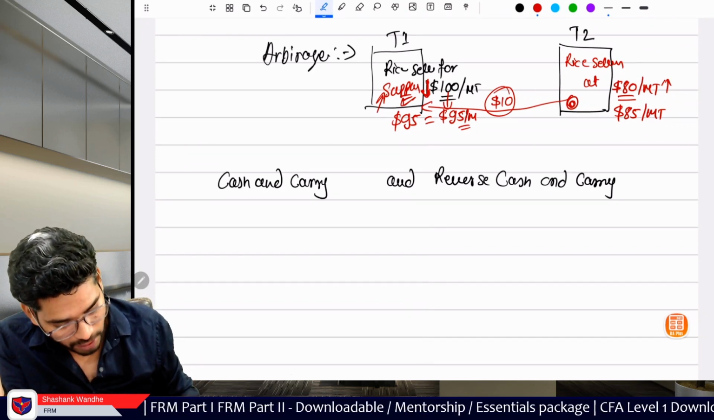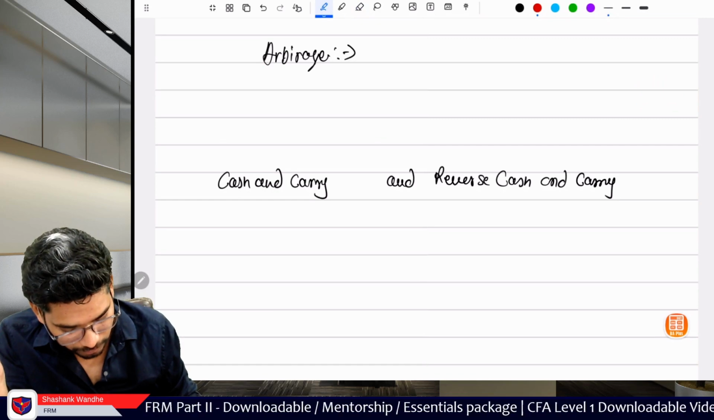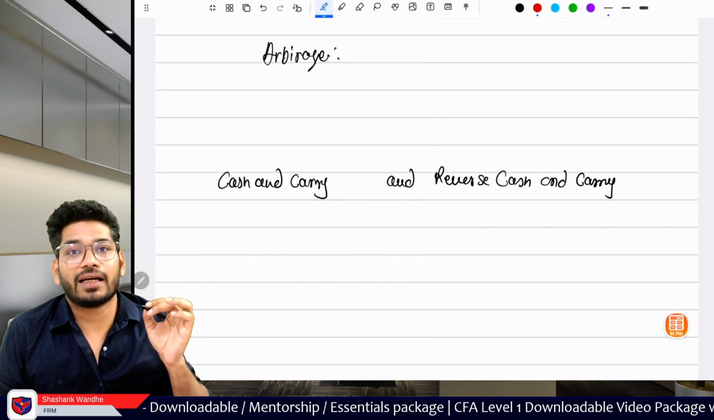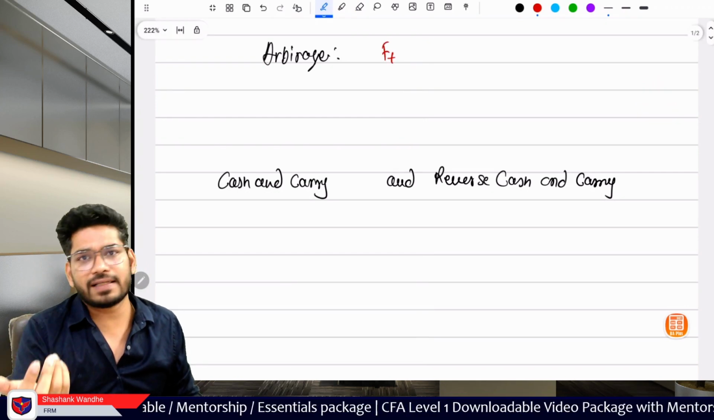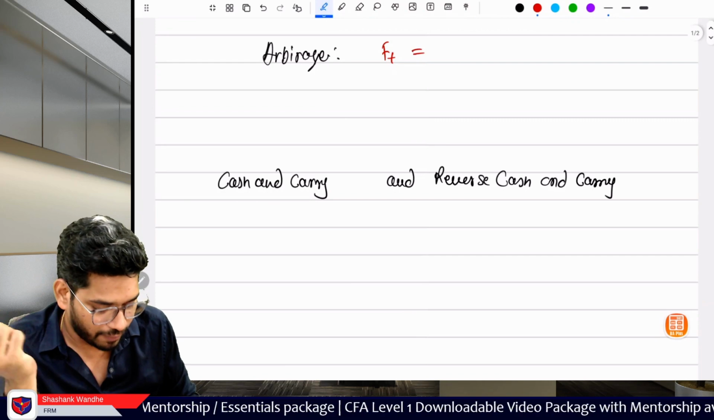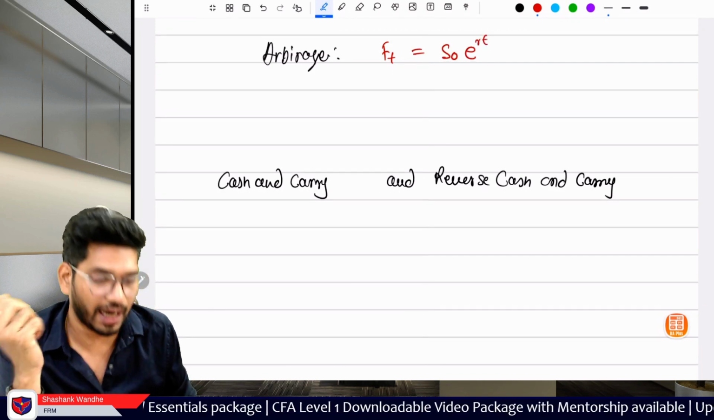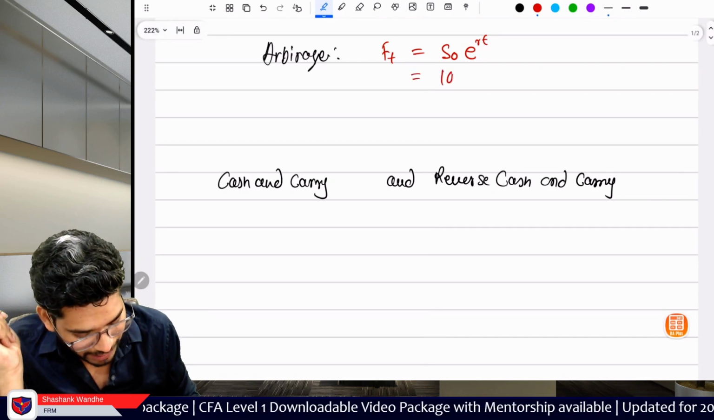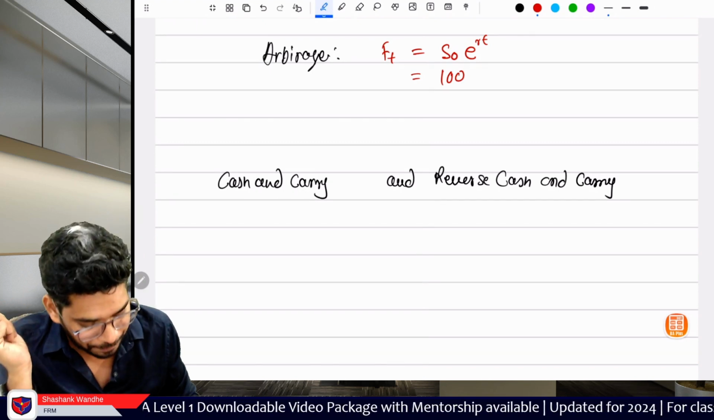Now in the futures case, we know we can calculate the theoretical price of futures. We will call this FT. FT is calculated using a very simple formula. Here we will assume the basic formula, which is S0 into e to the power RT. Very simple formula, right? So assuming the spot is trading at 100,